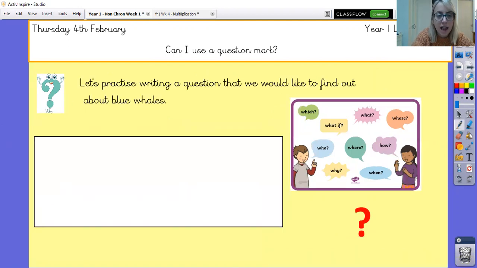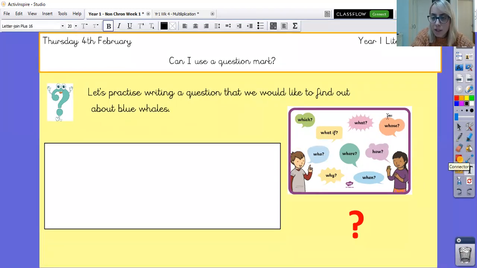So, year ones, let's practice writing a question now that we would like to find out about blue whales. We've been learning lots about blue whales. Let's have a go at writing a question. Now I'm going to use one of my question starter words, okay? Now, what do I want to find out? I'm really interested in finding out how fast whales can swim. So I'm going to use my sentence starter as how. Okay, so how fast